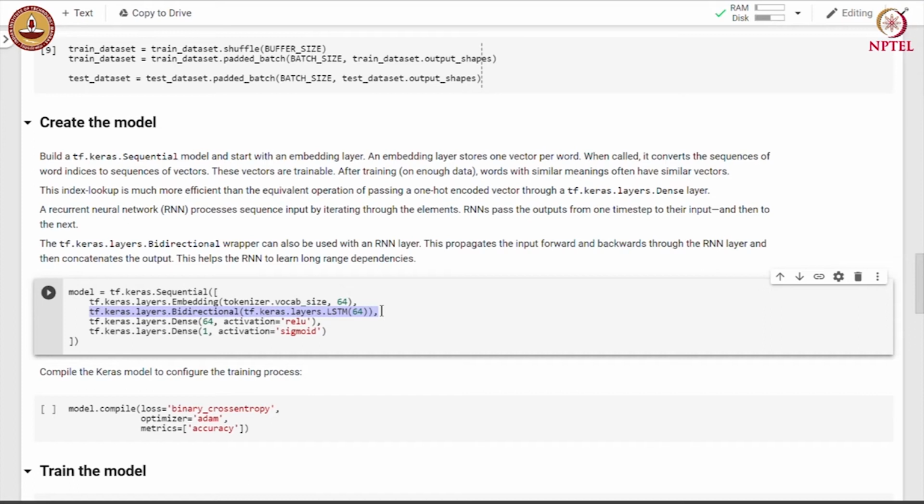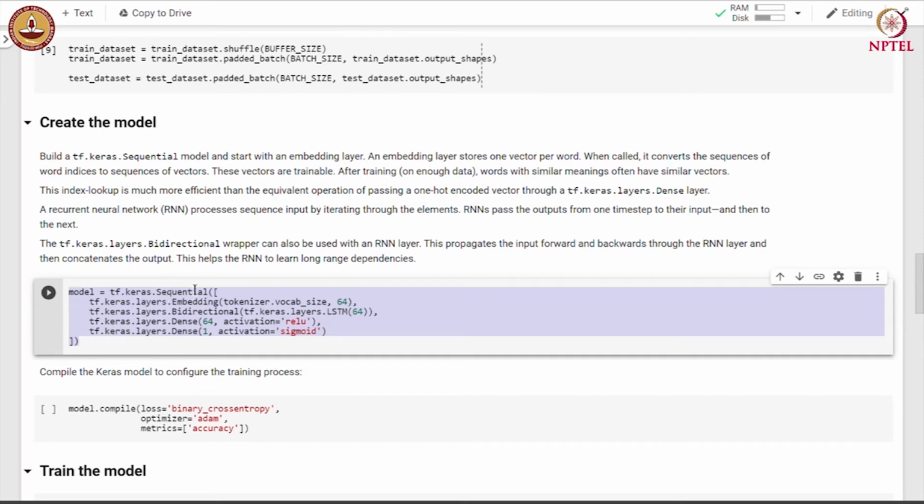This helps RNN to learn long range dependencies. You can see that the rest of the part is pretty familiar to you because we have used it again and again multiple times in this course.